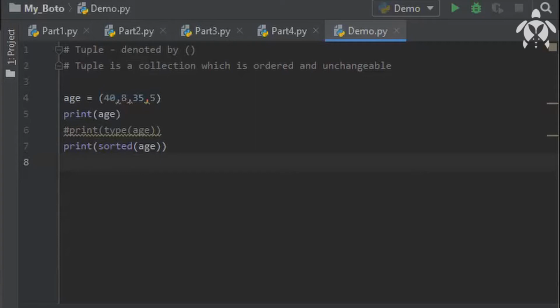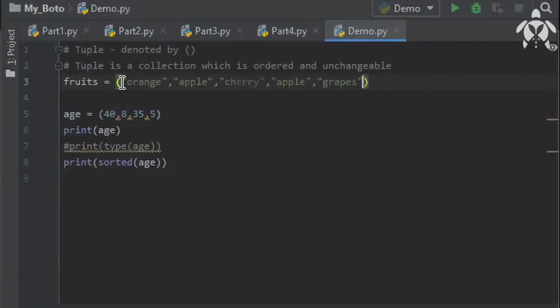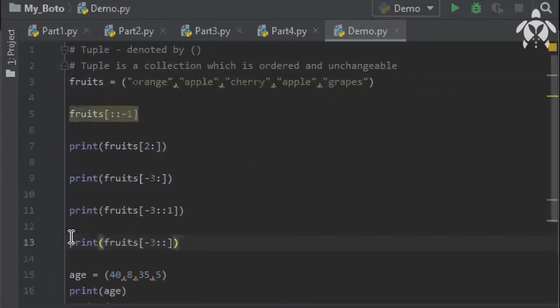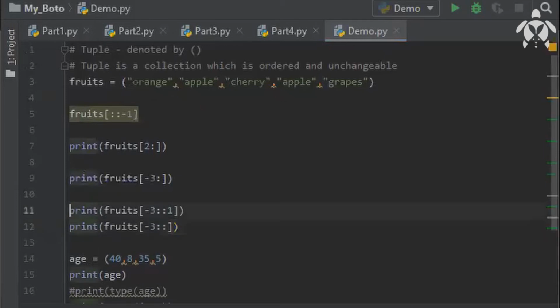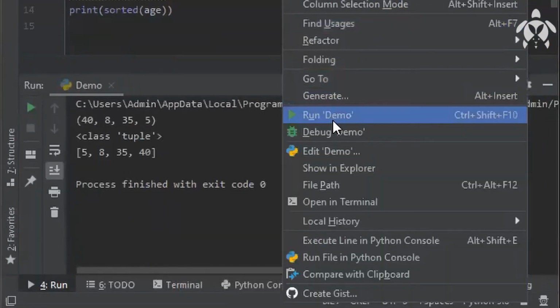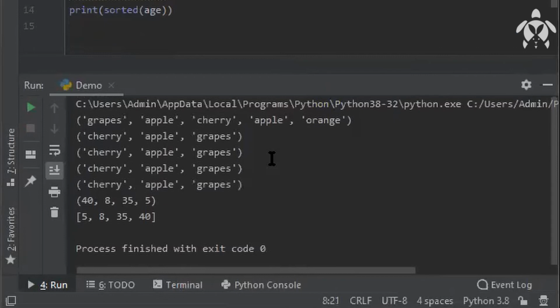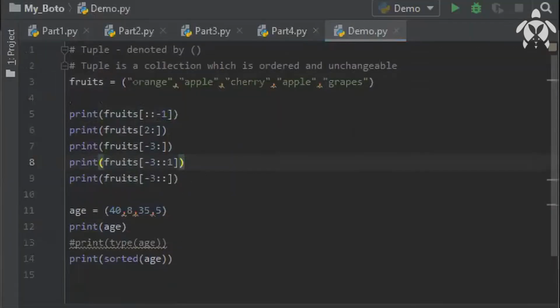If I give the same values again, these were my outputs, right? You're getting all the outputs here. You'll get the same output, because data slicing will be the same in tuple and list, and you can consider sets and dictionary.